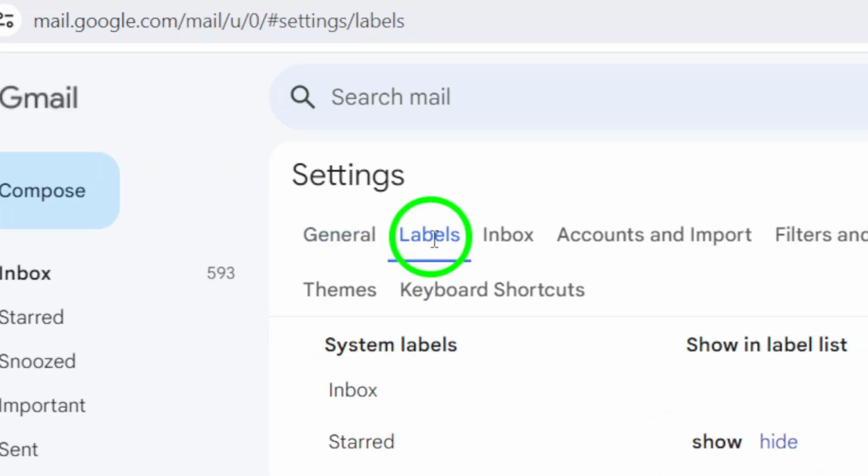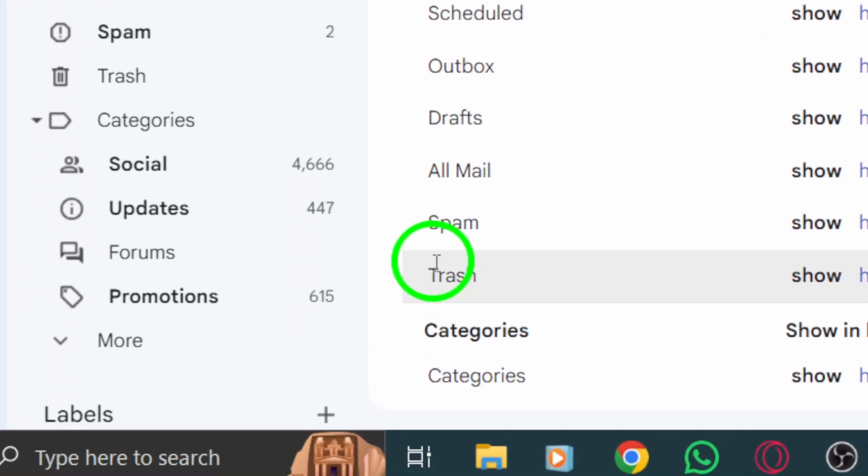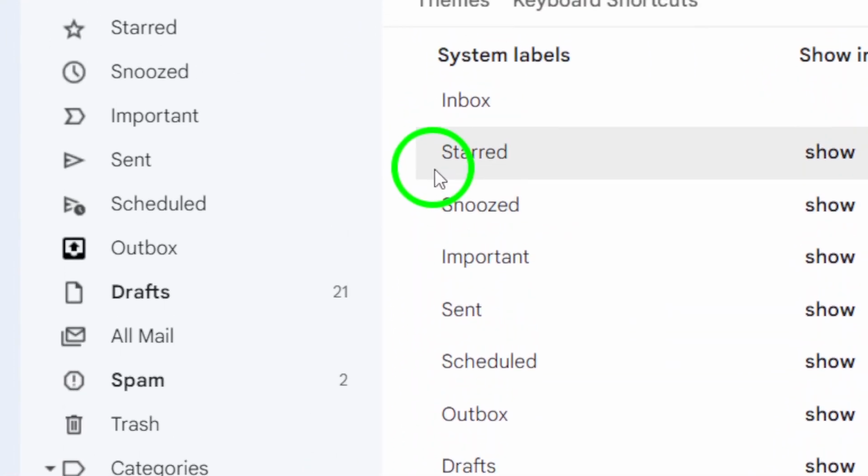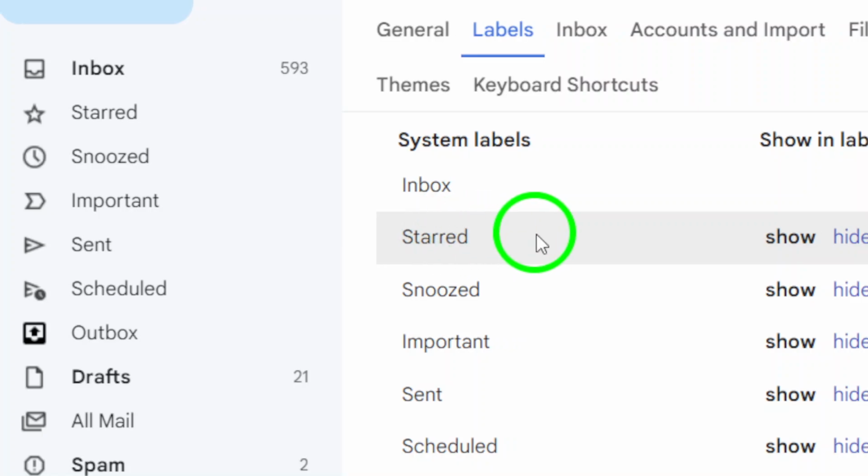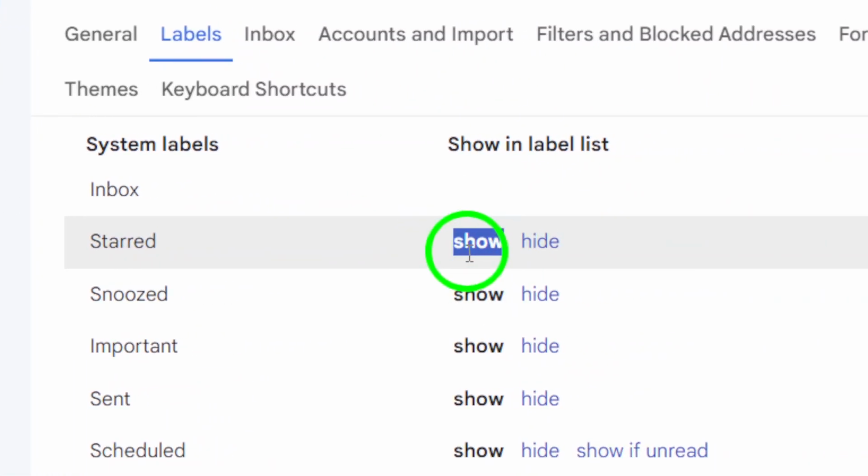Here, you'll see a list of all the different labels you can display in your inbox. Scroll down until you find the starred label. Click on it to reveal more options. Now, you'll see the option to show the starred label in the label list on the left side of your Gmail inbox. Simply check the box next to Show, and your starred emails will now be easily accessible in the